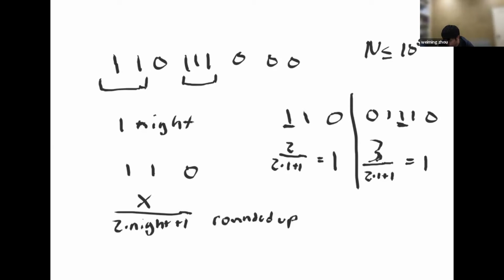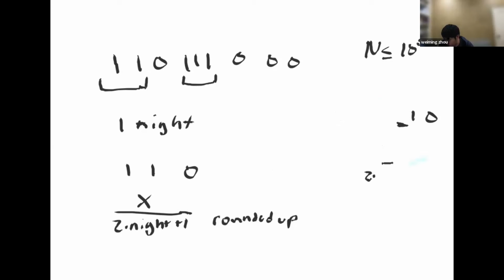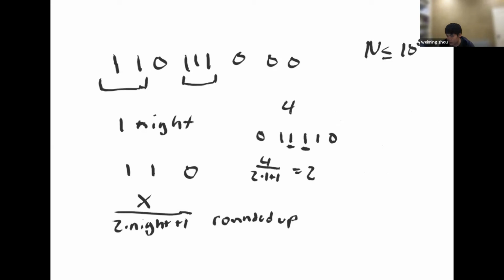And if we made the clump sizes a little bit bigger, let's say a clump of size 4, this will be 4 divided by 4, which when rounded up is equal to 2, and this corresponds to placing a cow here and a cow here. And this is the minimum number of cows that it would take to get